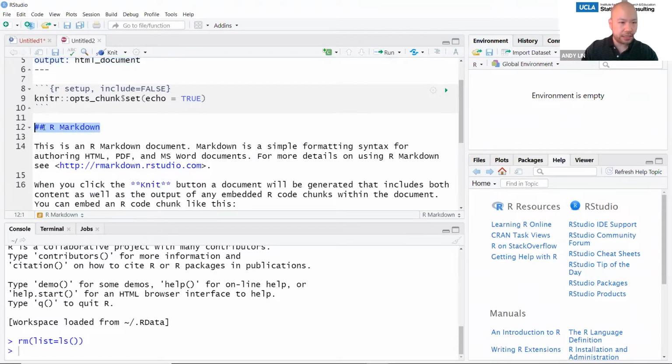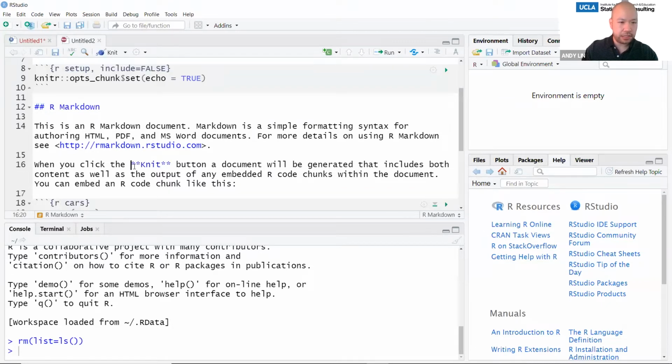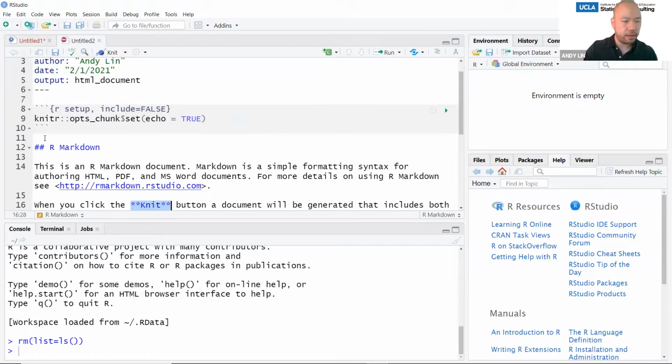And so this little set of two hashtags, these two asterisks, these are all Markdown codes. And these Markdown codes tell R Markdown, how do I want to format this text? So for instance, this text R Markdown is going to be formatted as a header, and this text will be bolded. And then the third element of an R Markdown file is the R code chunk, which there's one right